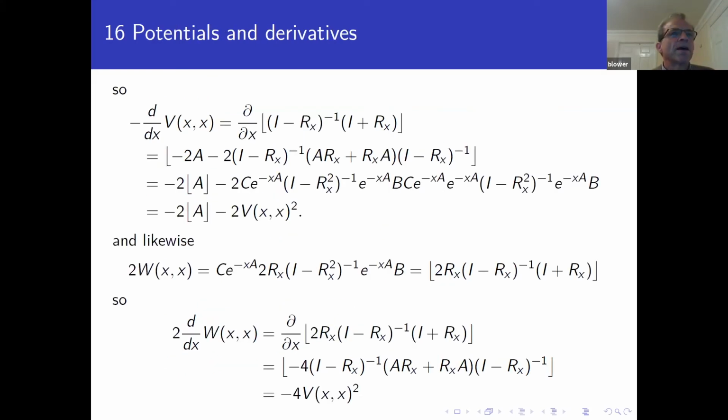So you can calculate V in terms of the bracket and W in terms of the bracket and work out some derivatives. After a moderate amount of computation, one can show that the derivative of Vxx, that's the derivative along the diagonal, can be expressed as minus 2 times the bracket of A, and then we've got minus 2 times Vxx squared. Now, this is related to the derivative formula that one gets from differentiating Wxx, and that one produces minus 4 Vxx all squared. So there's a relationship between the derivatives down the diagonal of V and W.